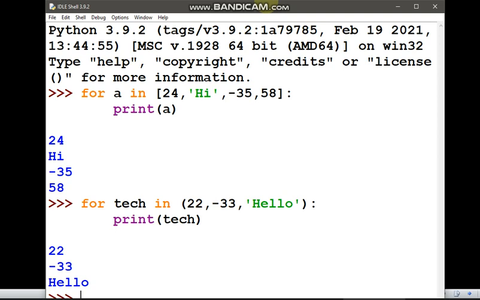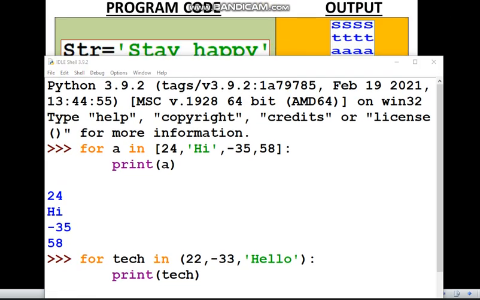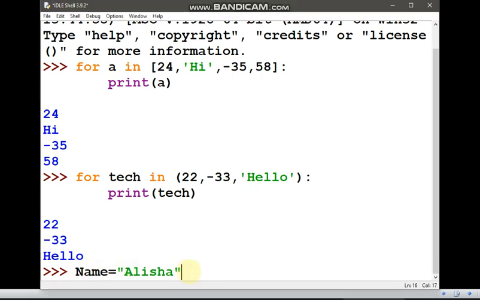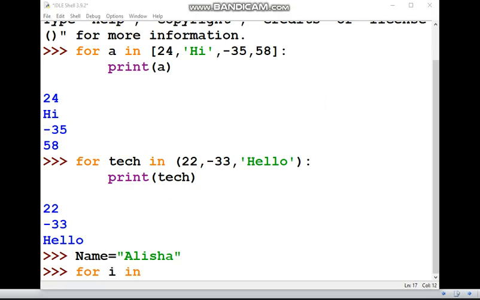So I can show you another example with a string. I have taken a string whose variable name is name itself. I have taken the value Alicia. Now let's run for I in the name.